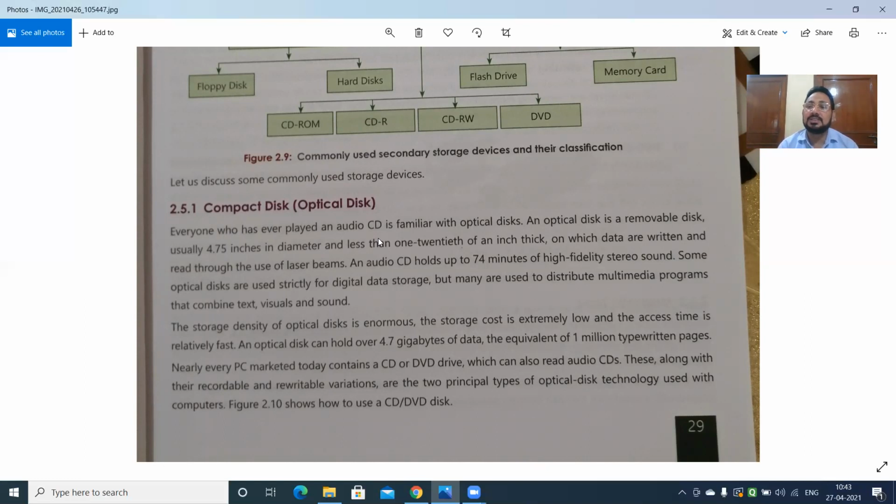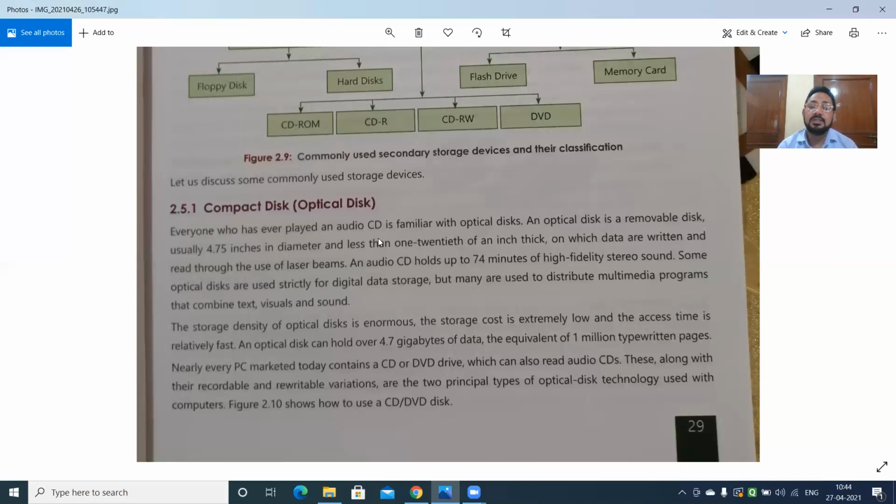See, I think this text is not written as per the need of today's system, because many new systems do not have this inbuilt facility. If you want, you can attach one through a USB cable. I have just got a new system, and they said, sir, there's no need of CD or DVD drives because they are not used much. It's the time of pen drives and external hard disks you can attach, and a hard disk itself has a very large storage capacity. But still, CDs and DVDs are important storage devices.